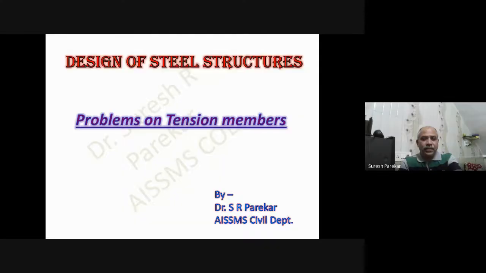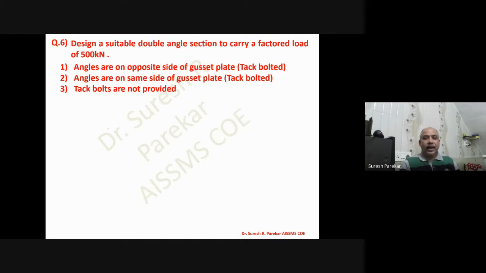Before this, problems on tension members. And in this, we have problems related to your tensile strength. That is analysis. We have calculated the strength of the member. Now here we are going to design a tension member, and we have to design a suitable double angle section to